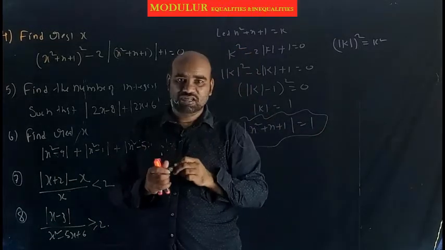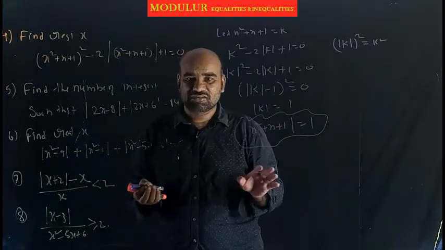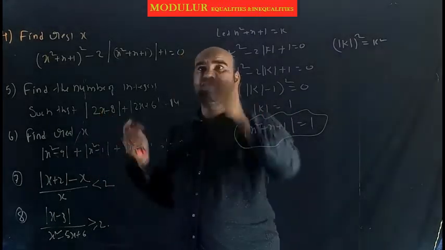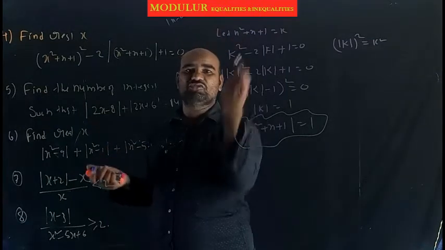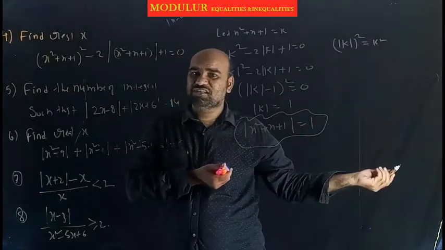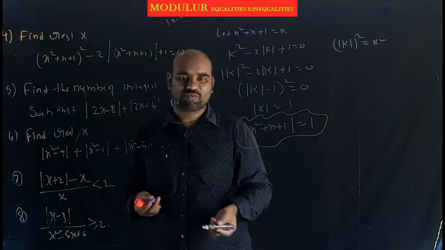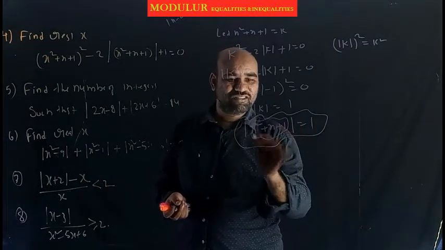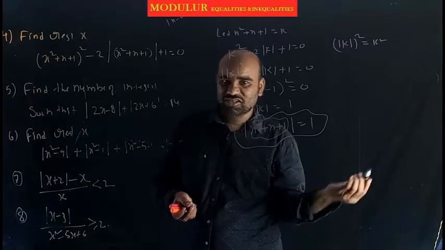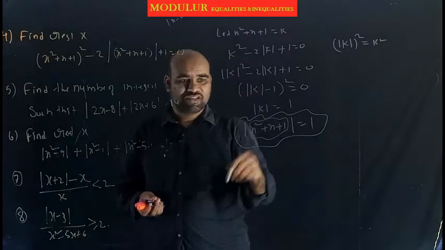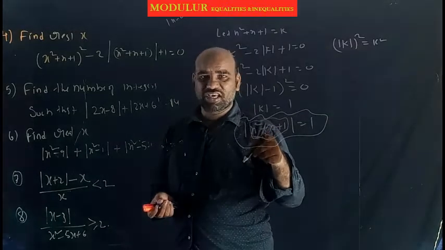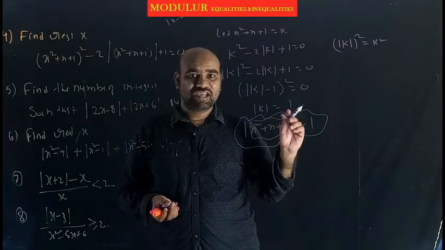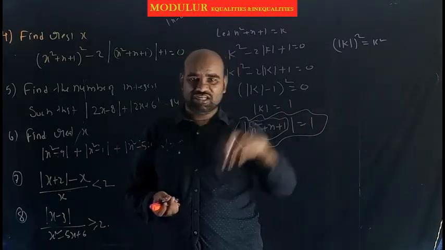Now we want to open the modulus. Important note, children: in any problem, if modulus is there, don't bother, just open that modulus. Just 2 cases. For example, you want to open the modulus x minus 2, just take x greater than 2 case, x less than 2 case and open it. That is not a big problem. So here, I want to take the case when this bracket is equal to 0, for example some 3. So k greater than 3 one case, k less than 3 another case.